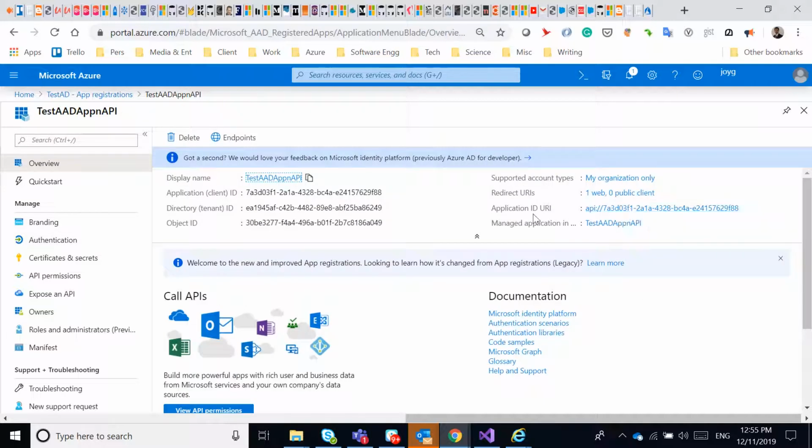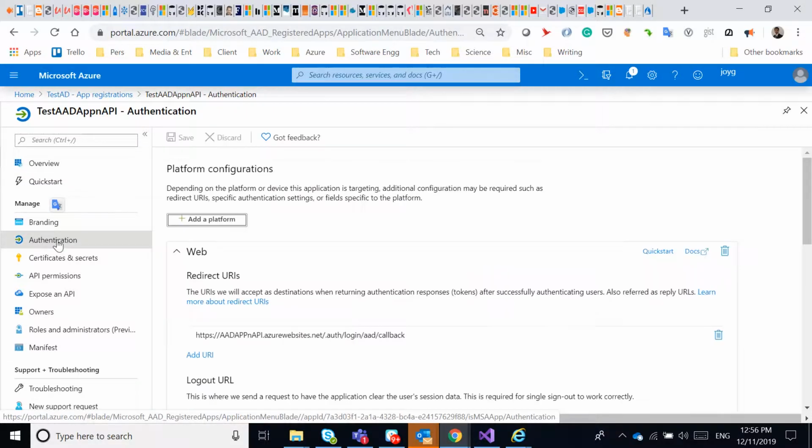The new thing here is the application ID URI. This was not there in the previous sample. This is needed to identify the authorization globally across Azure. This URL should be unique, so it is easy to use a GUID. The GUID can be used from the application ID. So we'll just create api://the GUID, or it can be any URL. It doesn't need to start with API. It can be HTTP or our name, whatever it is, as long as it is unique in the entire Azure. This ID will be used when we enable the access from the Azure web app.